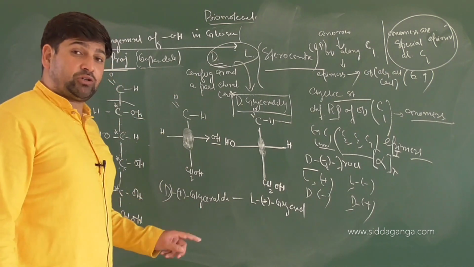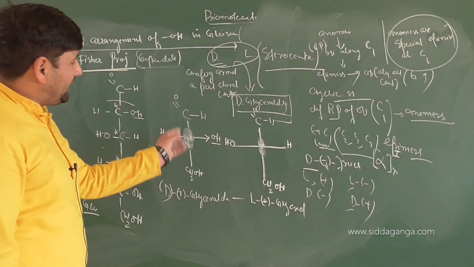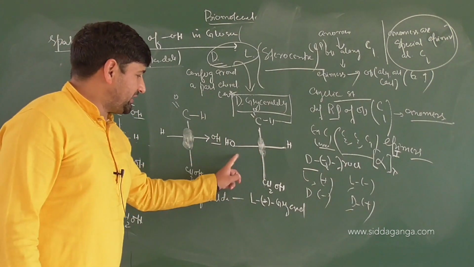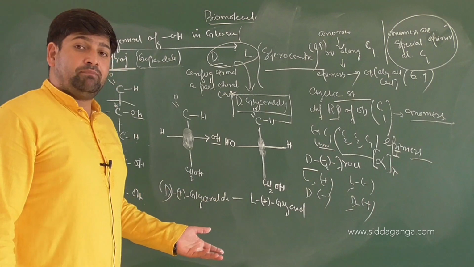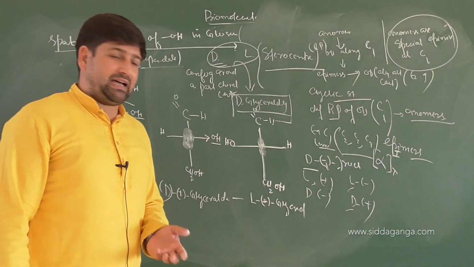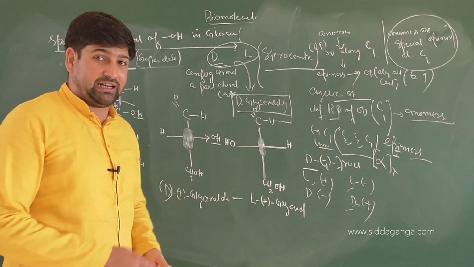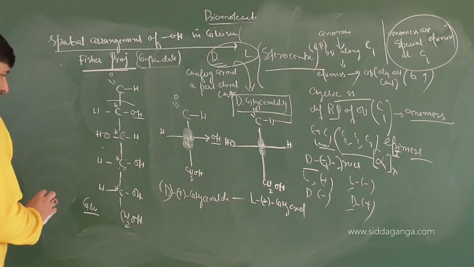This is with respect to a particular stereo center where exactly OH groups are present. Here OH is on the right, it's called the D form. OH on the left is called the L form. Similarly, many other monosaccharides will have these types of D and L forms available. So different numbers of stereoisomers will keep on getting. Clear or not? Looking at this glucose, children.